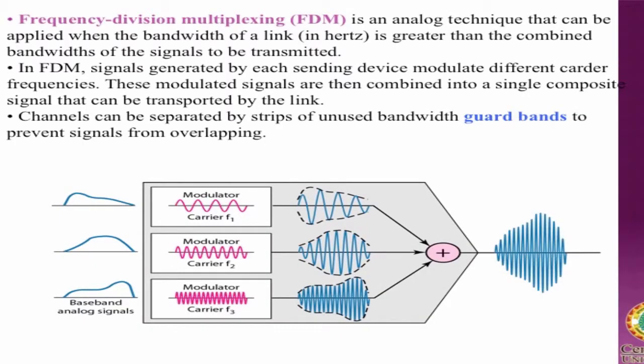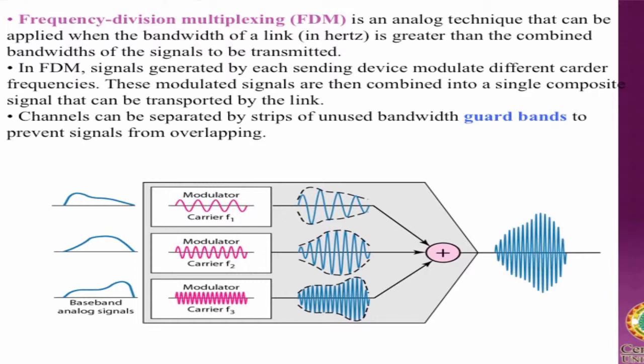This is one example of frequency division multiplexing. Suppose 3 signals are there. Data transmits using signals, yes or no? Whatever data we are sending is going through a signal. Suppose 3 signals are there, and they have different frequencies. What we will do is combine those 3 signals into a composite signal. Again, at the receiver side, we decompose that composite signal into individual signals.